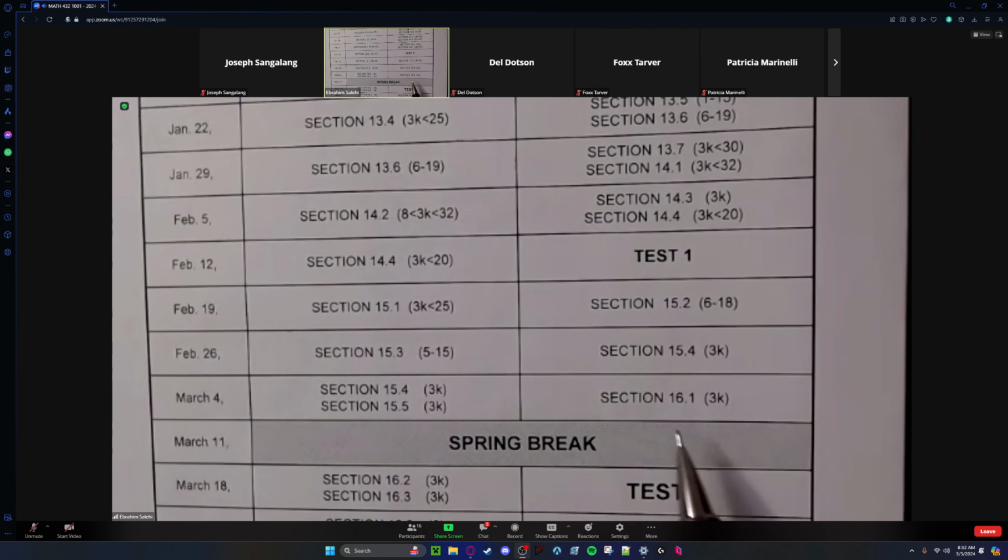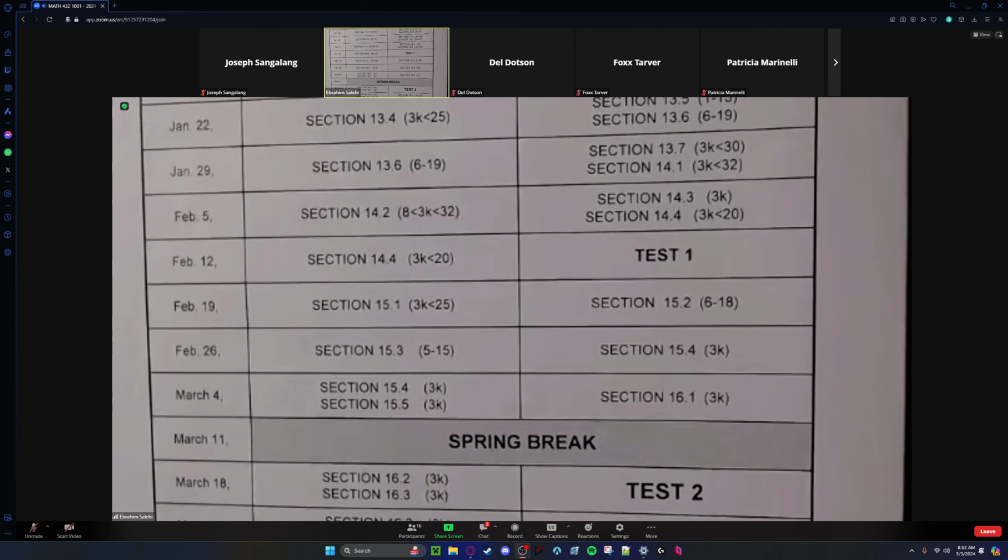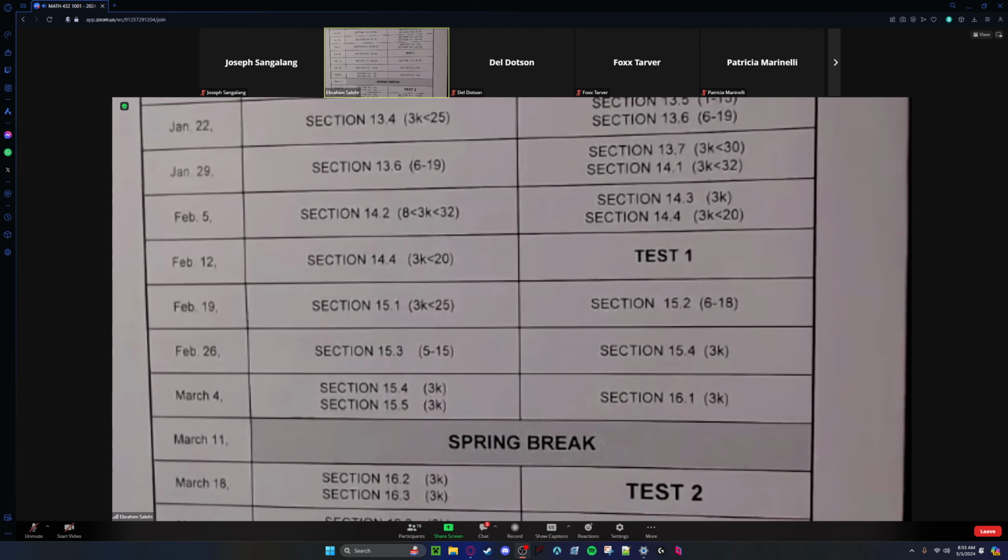So today I will start chapter 16 and talk about 16.1 to, I don't know, possibly 16.3, so that during your spring break, you review those material and you get